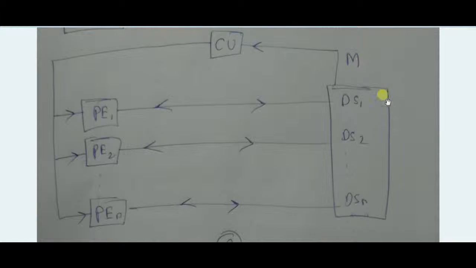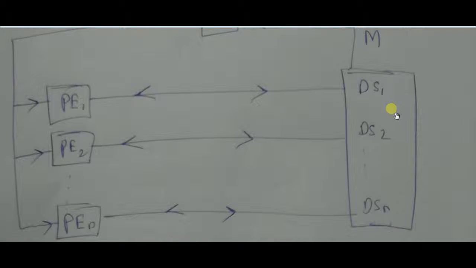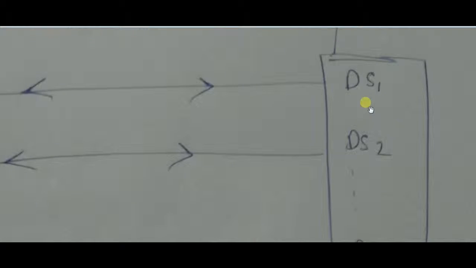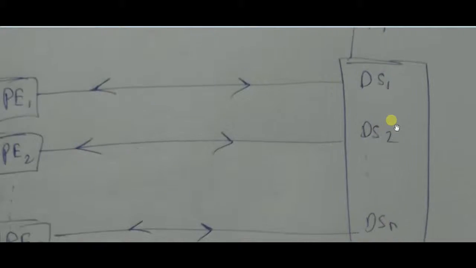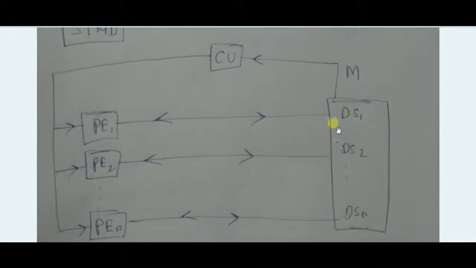And this is our memory. In the memory there are data sets, where the data is stored. Suppose the data sets are like this: 1, then 2, then 3, up to n. Then how the operation happens here is